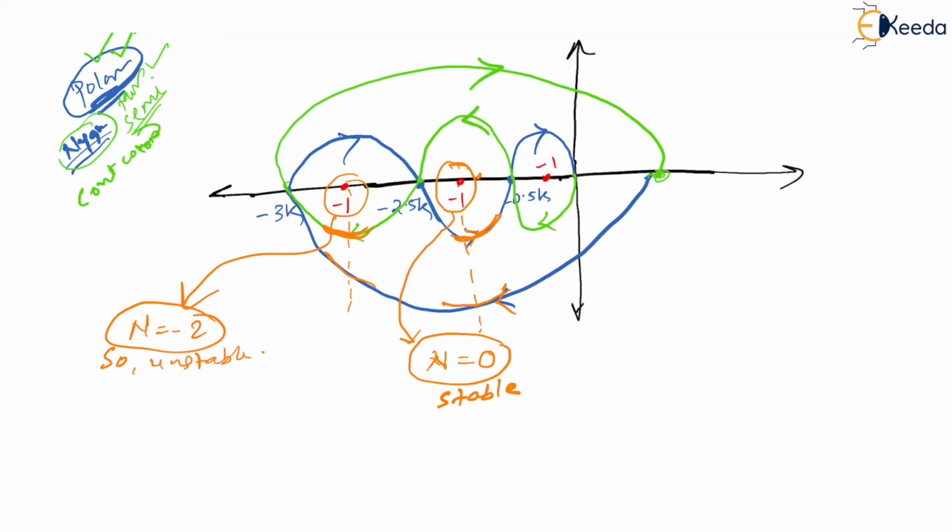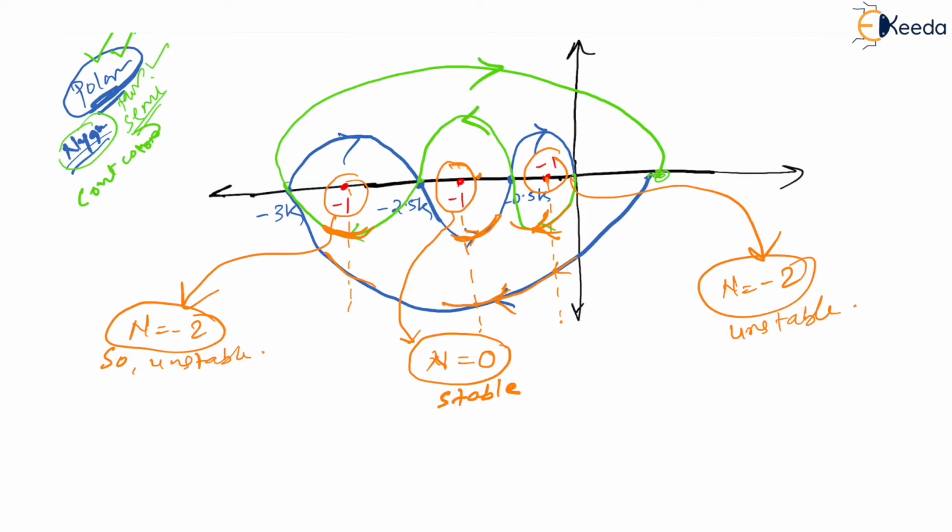Right. Now see dear, next one. If I consider here to be -1, then let me just project it here. Now for this one, what do I have? Let us see. I have this one in clockwise direction, and this one also in clockwise direction, this one also in clockwise direction, which means n is equal to -2, which means again this is also an unstable region. Yes.